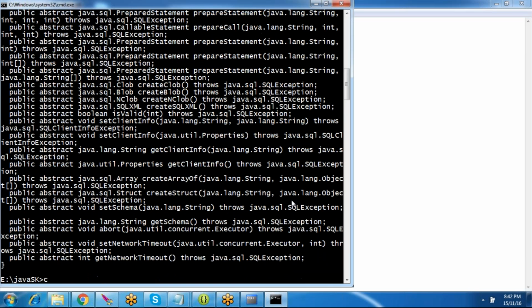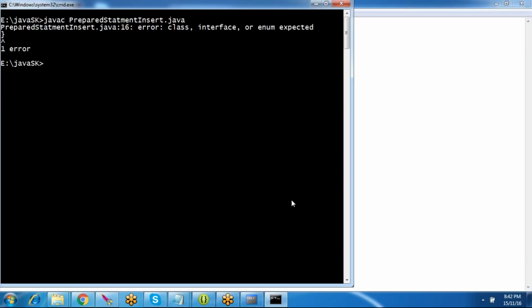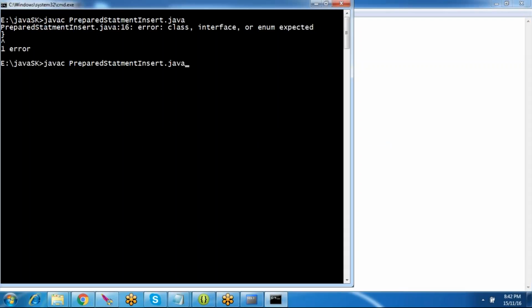Now how to compile? javac PreparedStatementInsert.java. It says end of file, why? Because I haven't closed this particular thing. Now if I compile and say java PreparedStatementInsert,